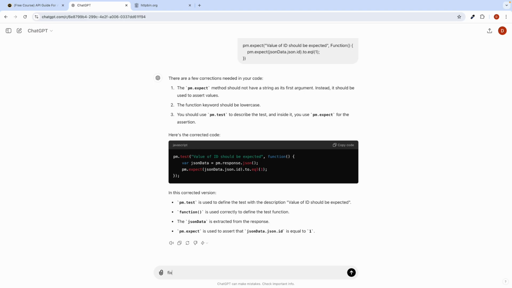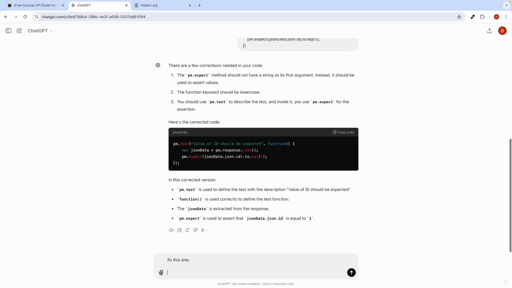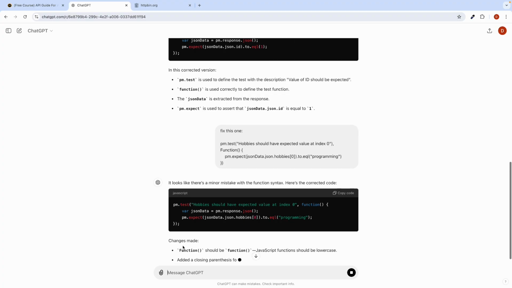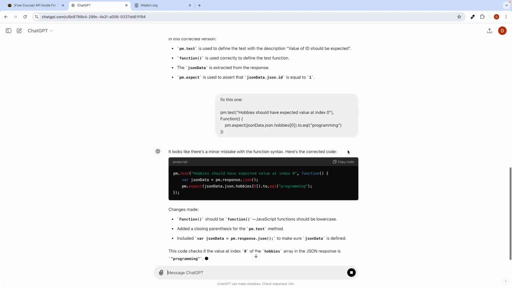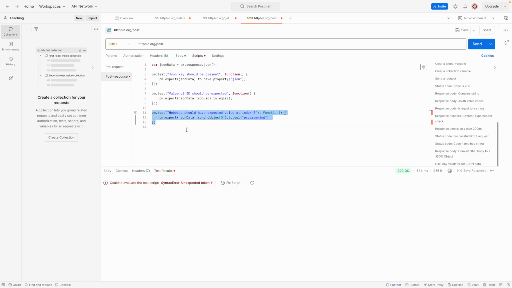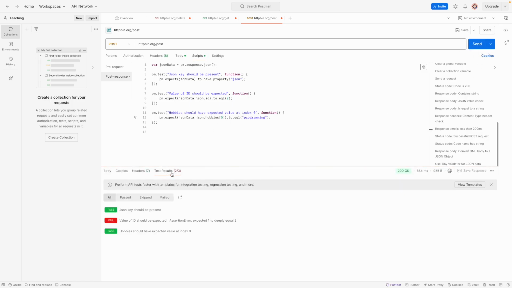Fix this one. Okay, so this is the correct one. I will copy this and paste it here. You can remove this data one. That's it. Now just click on the send button, and now you are going to see the first one,